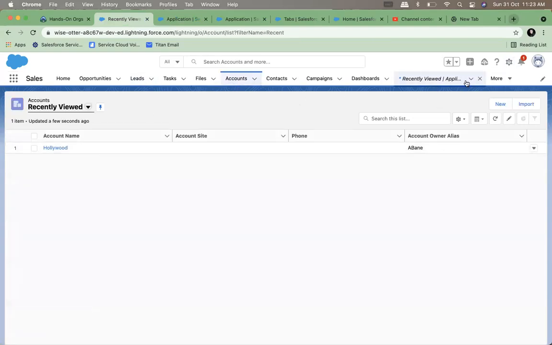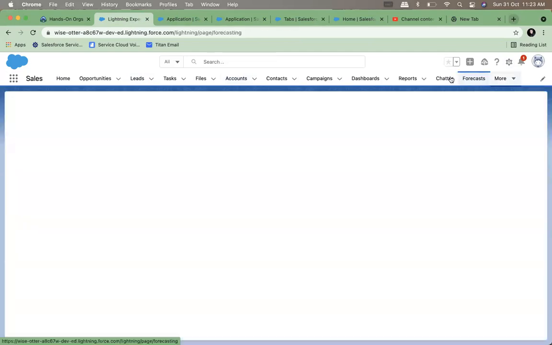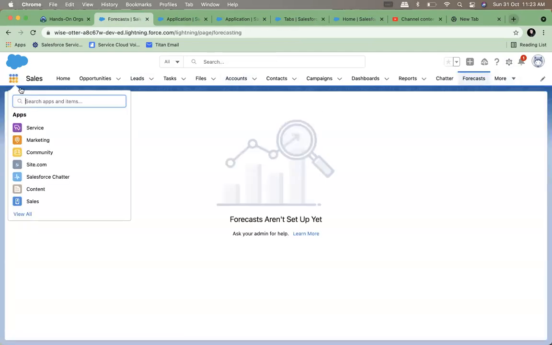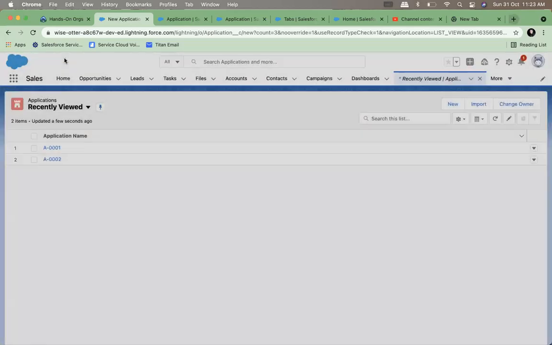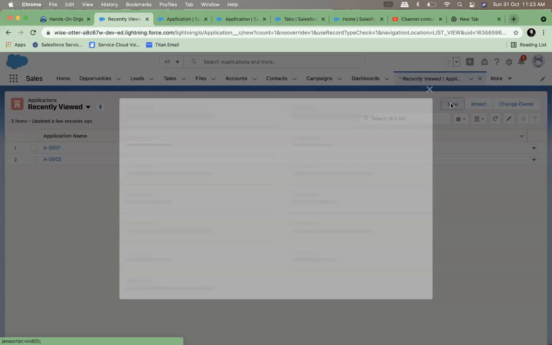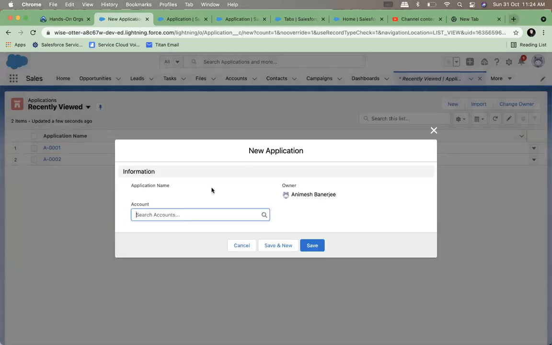Now, if I go to the application object, please note when you are creating a new field in a screen, it takes a while for it to show up. Now it is showing up. It's like because of caching. So you have to keep on refreshing the page till it is showing up. So now you see application name is auto generating by Salesforce. Owner field is automatically set up by Salesforce. So these are some things which you cannot input.